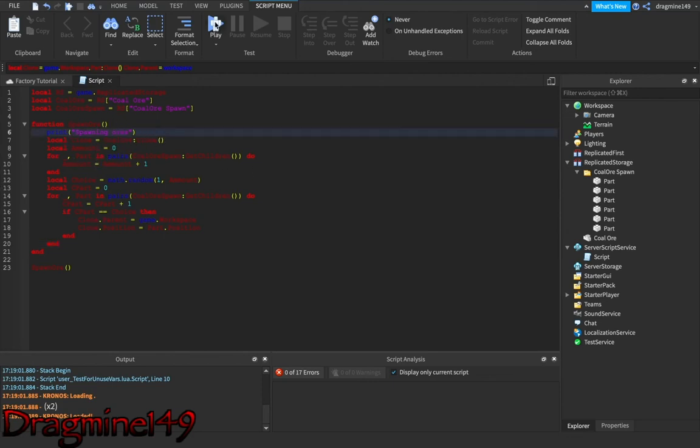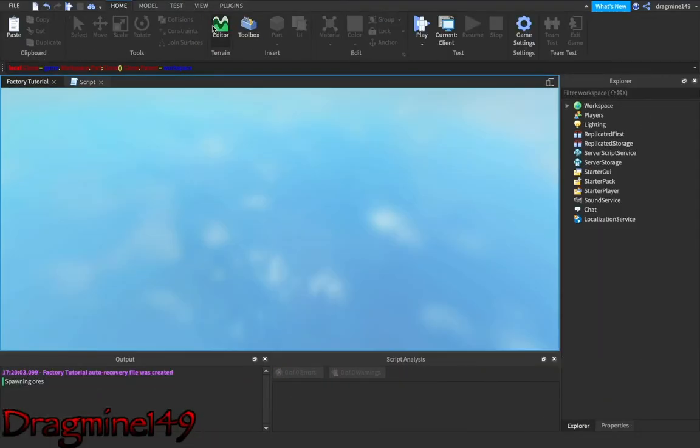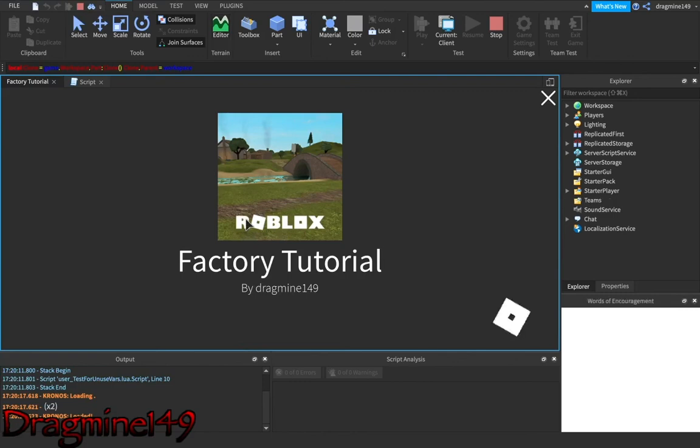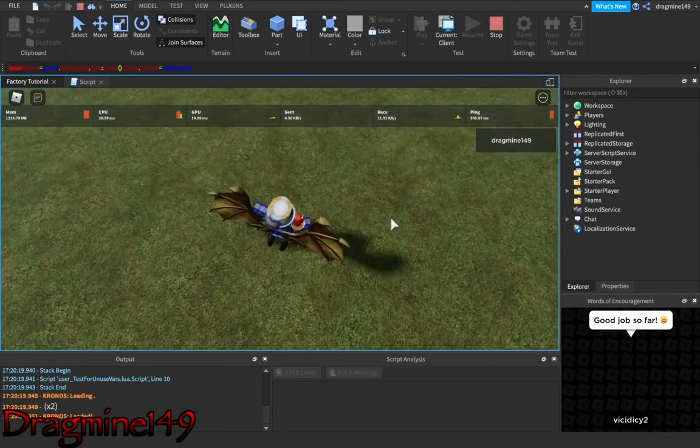So now we click play. And if there's nothing in there, oh look, spawning ores. That means that this has at least worked a bit. It has put in the ores for us. Well, I should have.